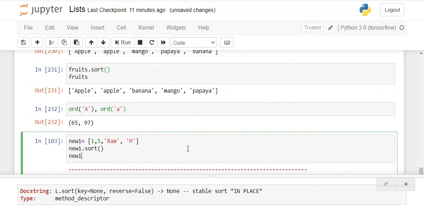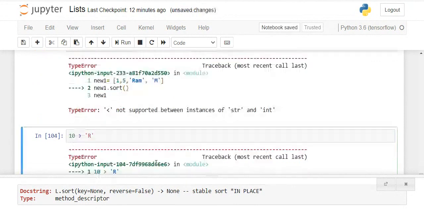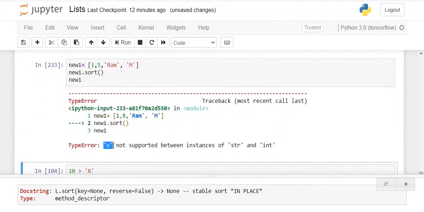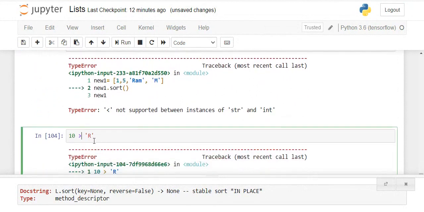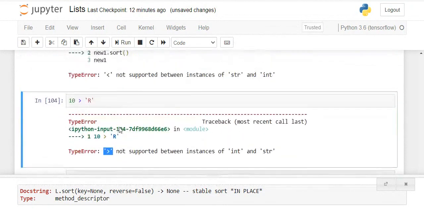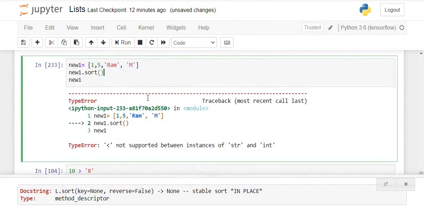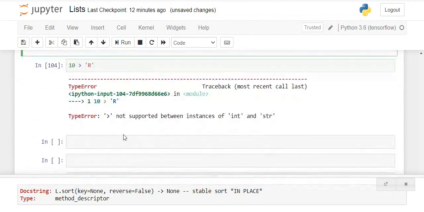If this part is clear, what if I have a combination of objects? A string is there, a number is there, a character is there. Character is a string in Python. What if I want to sort like this? Obviously, it will lead to an error because the same rule applies, this operator is not supported. Here I want to compare the object 10 with R. You cannot compare a string with a number, right? It will lead to an error. Because sorting itself is comparing the elements, it is making use of this operator. So you can't do that, and that is why this is incorrect.